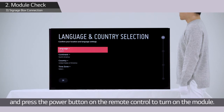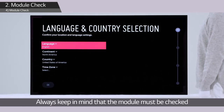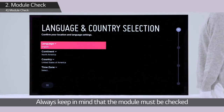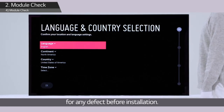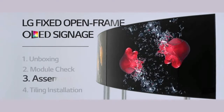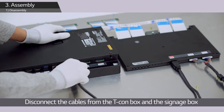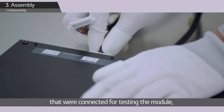the module. Nothing wrong on the screen of the module? Great! Always keep in mind that the module must be checked for any defect before installation. Now, the installation begins. Disconnect the cables from the T-Con box and the signage box that were connected for testing